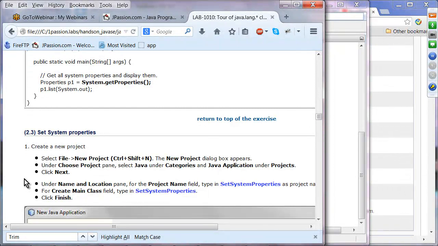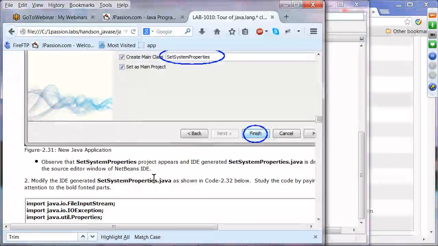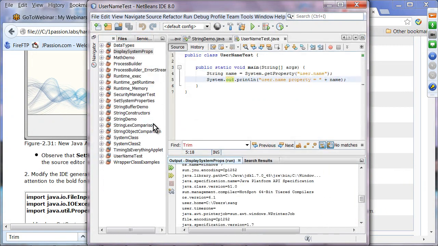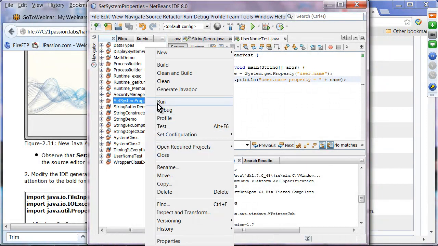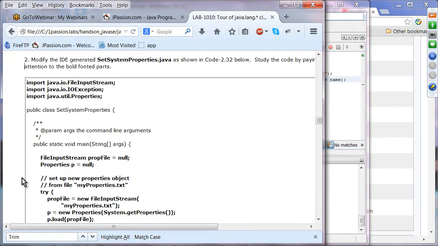And you can actually set the system properties as well. So we're going to take a look at the set system properties project. You don't have to create a brand new project. You can just run set system properties. So let's just run set system properties. So this is the project, and run it. Okay, so in this case,